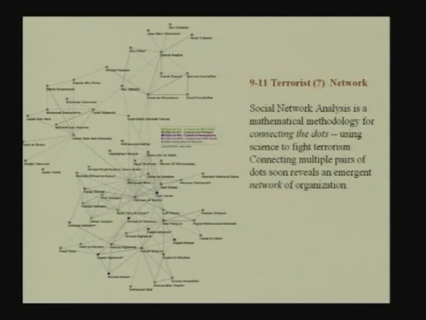I think I have shown you this previously also. This is the 9/11 terrorist network. You have the terrorists, and you can see there are 5